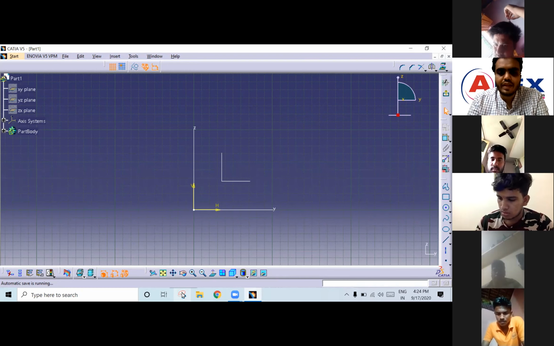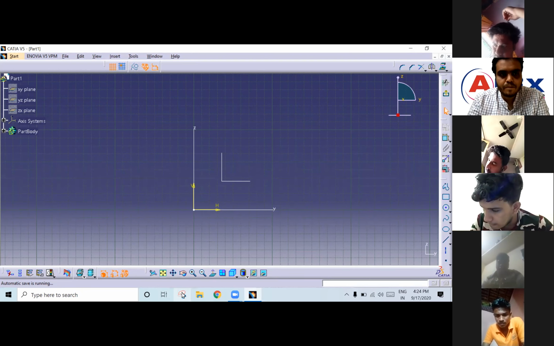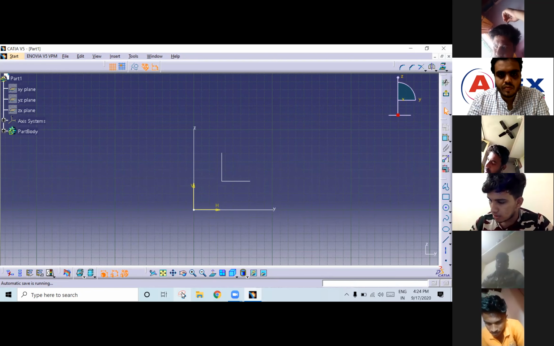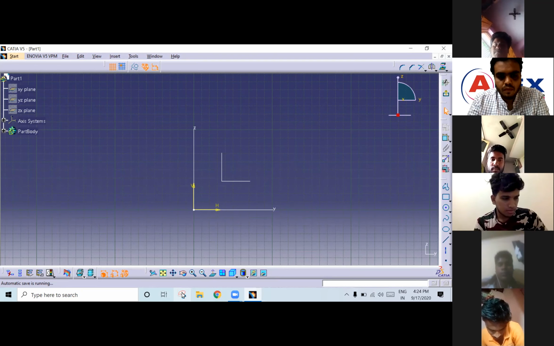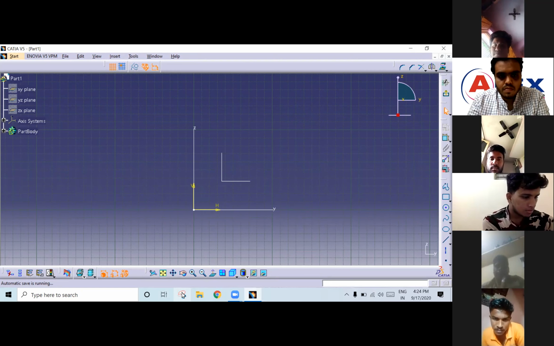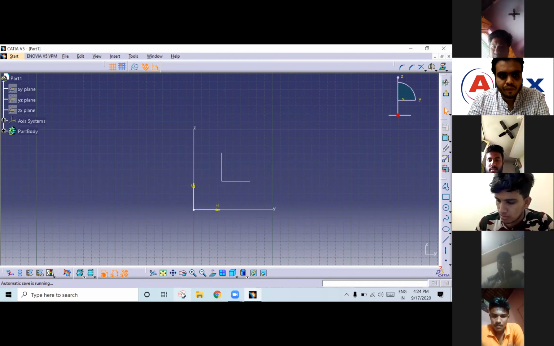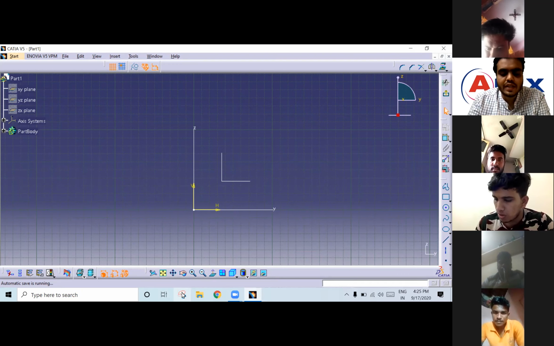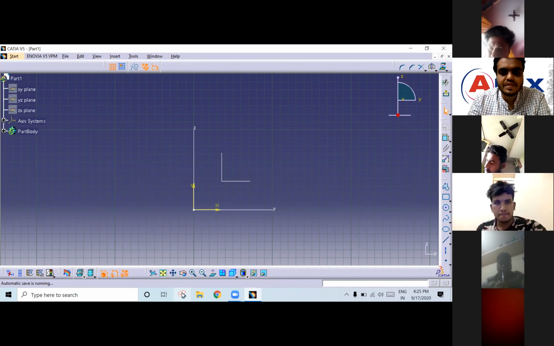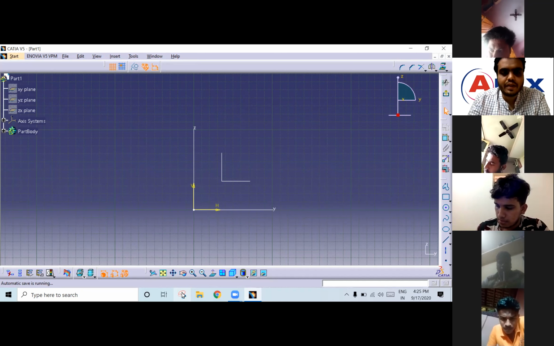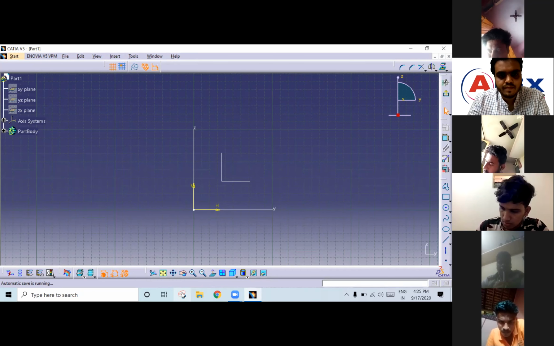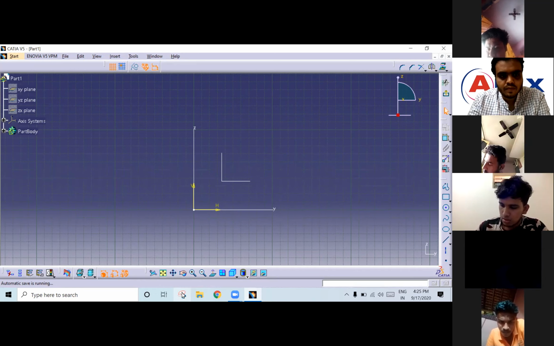In bracket you take green color. Next, over constrained, in bracket violet color or purple color.